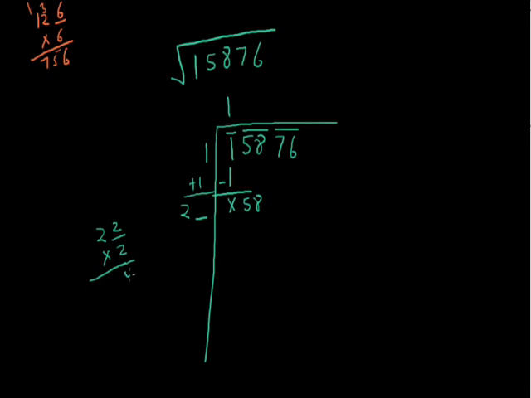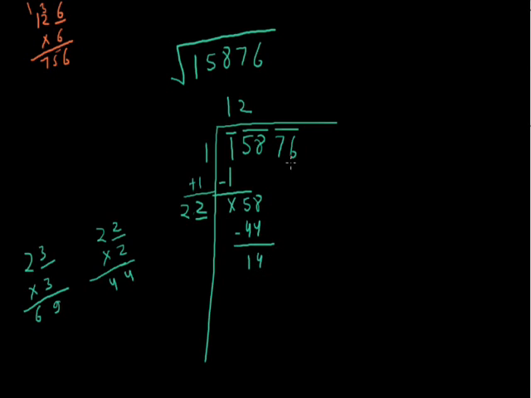So 2 into 2 that is 4, and 2 into 2 that is 4, and 44 is less than 58. Let's think of some bigger number. So let's say in this blank I write 3, so I have to multiply this number by 3 only. So 3 into 3 that is 9, 3 into 2 is 6, so 69. Now 69 is bigger than 58, so I cannot write 69 here. So 44 is our choice. So we write 2 in the blank, 2 as a quotient. So 22 into 2 that is 44. So what is left? 58 minus 44 is 14.